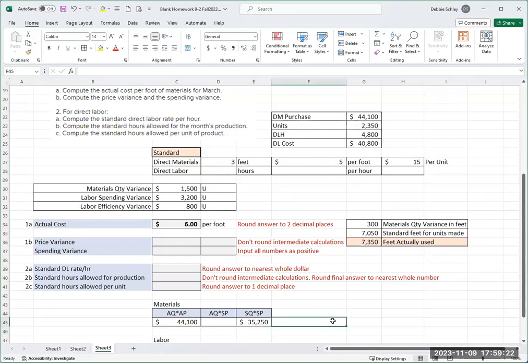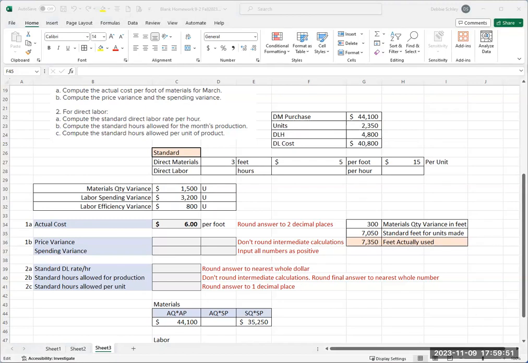Okay, the other thing I could have done would have been the units times the $15 per unit because this answer right here is 3 times 5. See that? It gives me the same number. So I could do it either way. There's more than one way to get to the right answer. Okay, now I can figure out